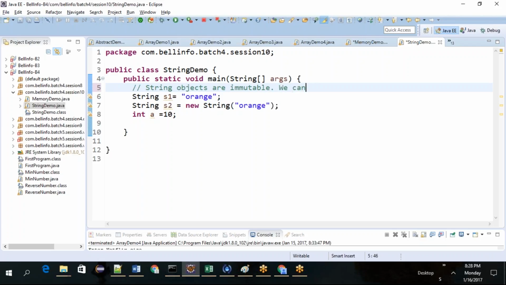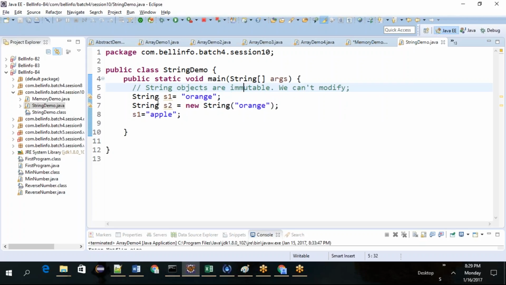We can't modify. So if you do s1 equal to apple, you are able to modify. Then why is it saying we can't modify if strings are immutable?